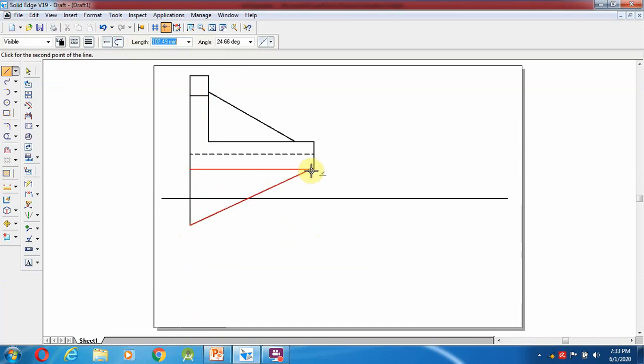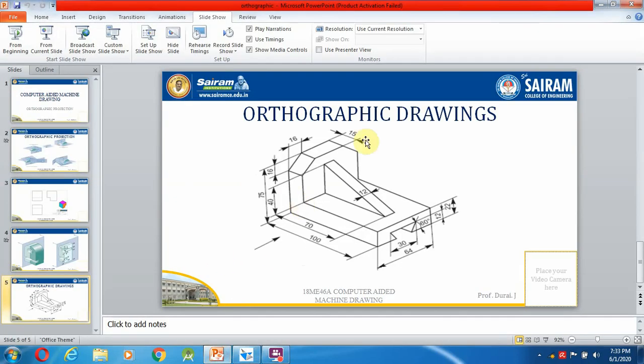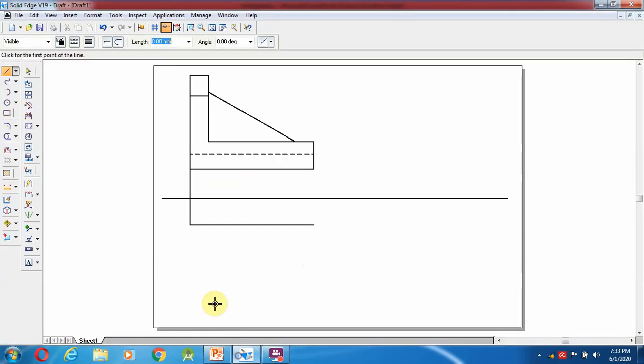So this side we are going to make it up to this end. How many mm? It is almost 100 mm. Same like here, so it becomes in this manner. That is the 64 mm distance. So select a line, 64 mm distance. Then what is the difference from here?